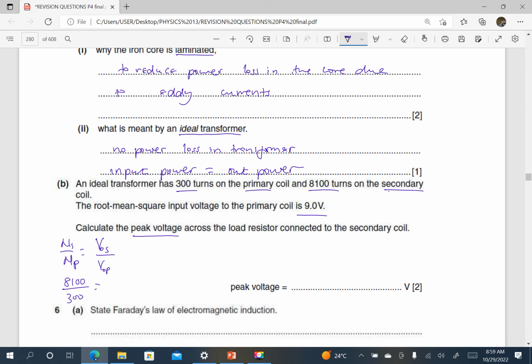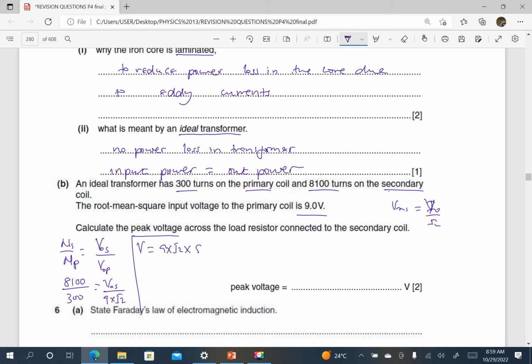Peak value of voltage in the secondary, V naught in the secondary, is what we want to find. For the primary, they have given us a V root mean square, which, remember, is V naught over root 2. So the peak value in the primary will be root 2 times 9, which is 9 times root 2. So the value of V we want here will be equal to 9 times root 2